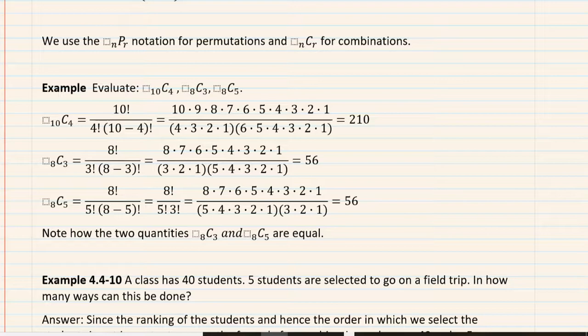And we can actually cross out the common factors. In the case of 10, 4, notice I have 6, 5, 4, 3, 2, 1, 6, 5, 4, 3, 2, 1. Those cross out. The remaining fraction becomes 210. The one below it, here's 5, 4, 3, 2, 1, 5, 4, 3, 2, 1. Again, both calculators and the software will give you this value. I'll show you how to do this in Megastat and Minitab in a few moments.